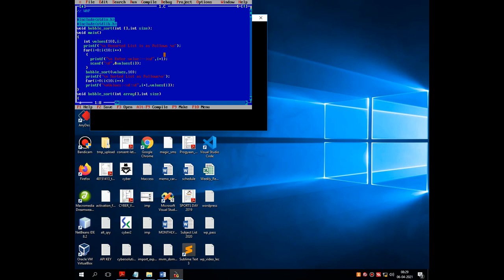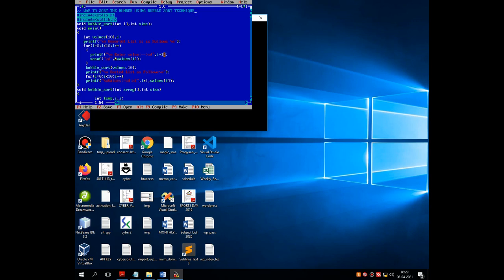Write a program to sort the number using bubble sort technique. This would be the definition. Now how can we implement this particular program?